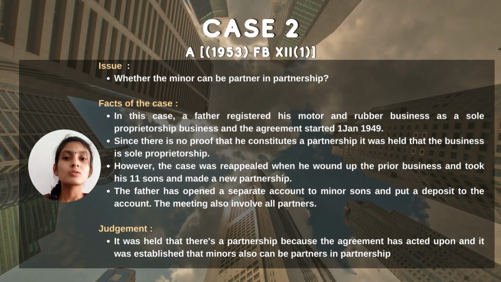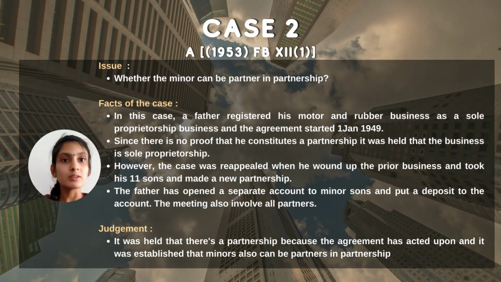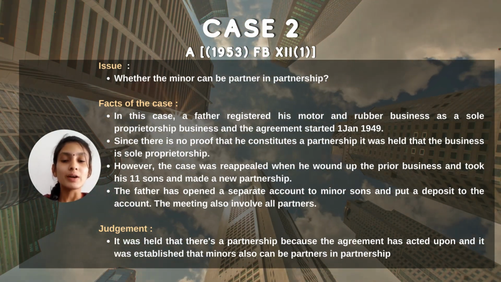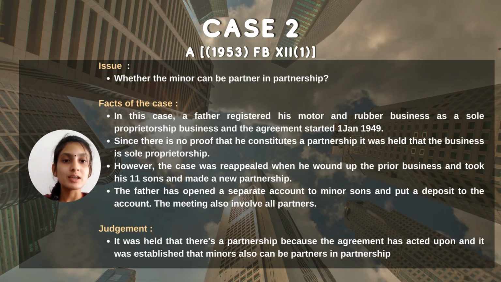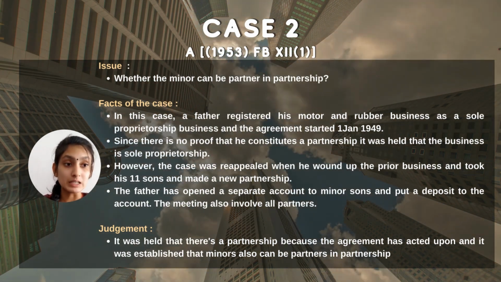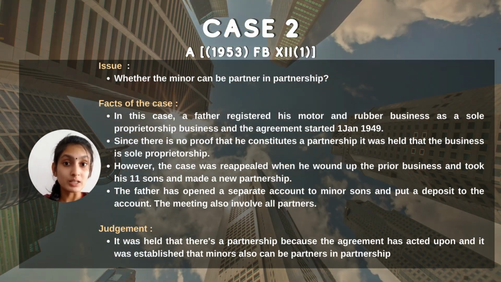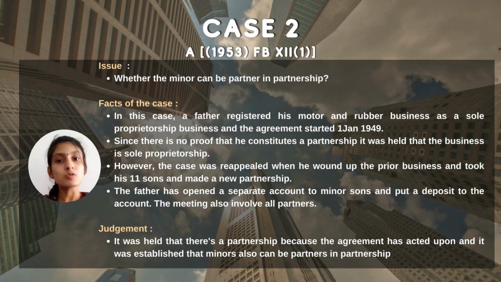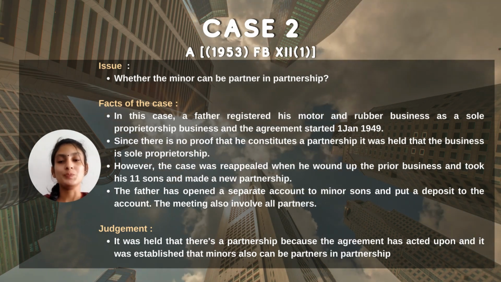but it is not mentioned in the facts, but under the judgment it mentions that. So it shows that there is a proof, right? Previously there was no proof, but here it has proof. So it was finalized that the judge says that there is a partnership because there is an agreement as acted upon, which is a proof, and one more thing, he says that minors also can be a partner, so it is not an issue.